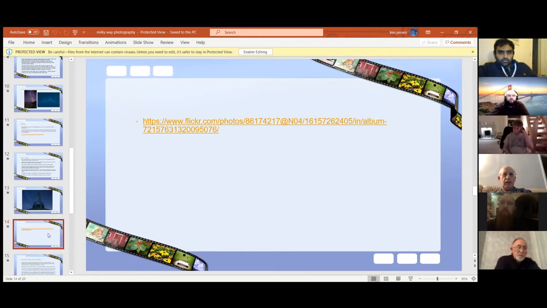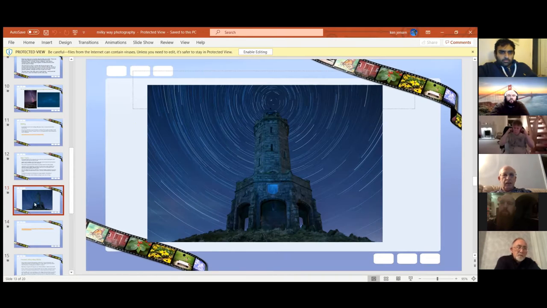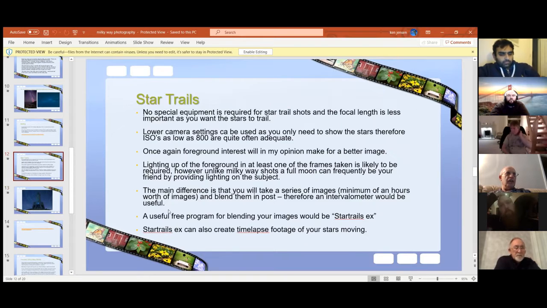So are we stacking these images, or am I being a bit daft asking that question? No, these images are all stacked. If you go back to the previous slide, this free program, Star Trails, will stack them all for you. Once you've done your basic